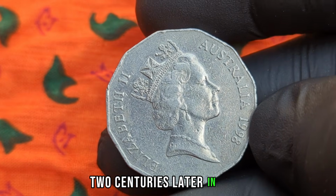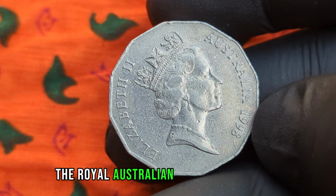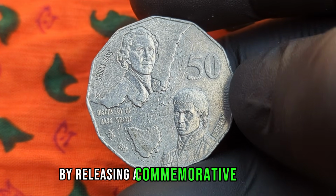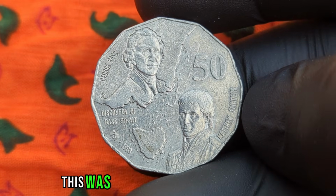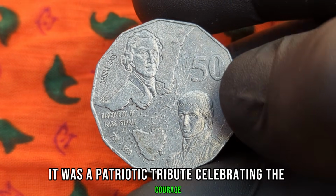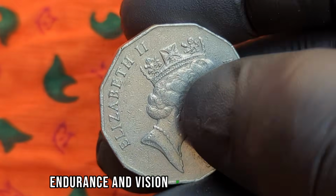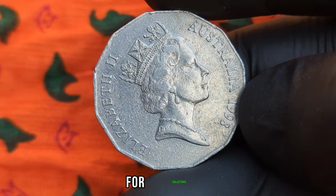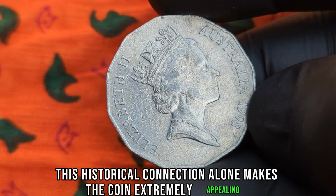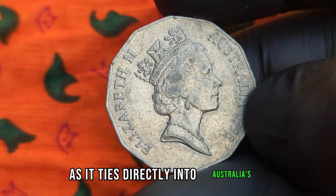Two centuries later, in 1998, the Royal Australian Mint honored this landmark anniversary by releasing a commemorative 50-cent coin. This was not just an ordinary release, it was a patriotic tribute, celebrating the courage, endurance, and vision of Bass and Flinders. For collectors, this historical connection alone makes the coin extremely appealing, as it ties directly into Australia's exploration